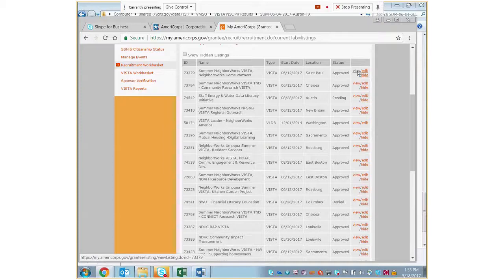So I'm going to ask everybody to never hit the view and edit button once the status is approved, unless you have to make changes to your opportunity listing. Otherwise, your listing comes down. People will not know that they should be applying for the position. And then it could be waiting for 24 hours before we even see that it needs to be reapproved. So I just want to be clear about that. That is a pain point, I would say, in our system that I feel it's my responsibility to let you know about.